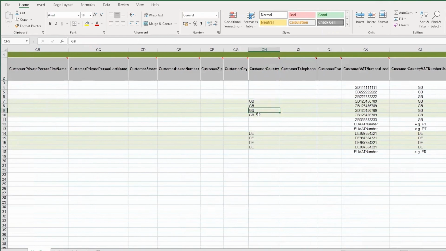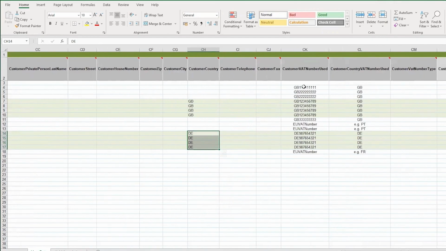And as you can see here, we may not always have the customer country details for your clients. For instance, if you're a retail customer, you may not necessarily have that information, but as long as you have that information logged for your own entities, then it's absolutely fine. Again, you can add the VAT numbers where appropriate,